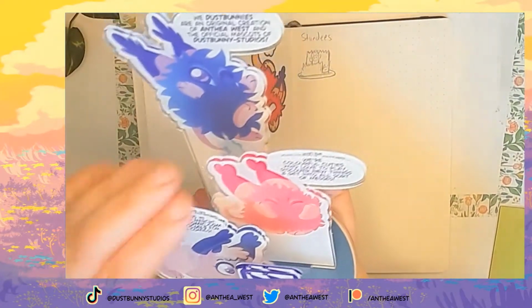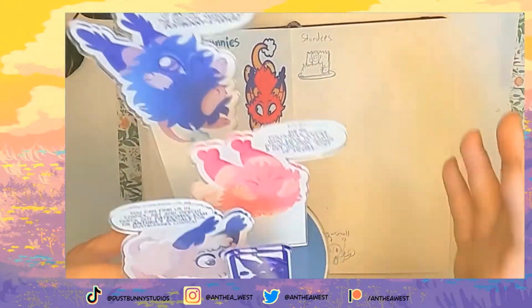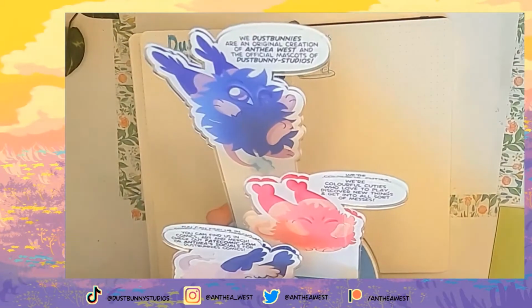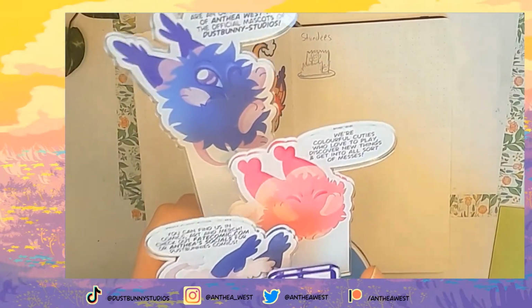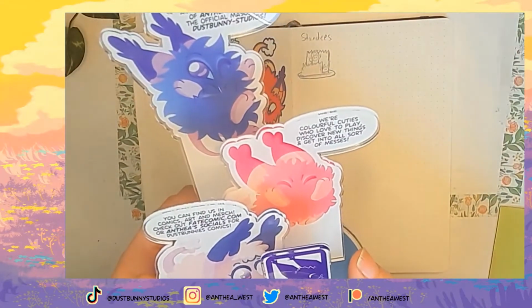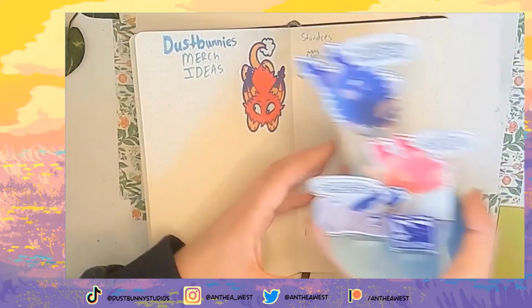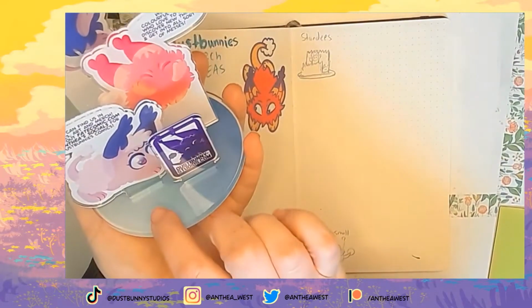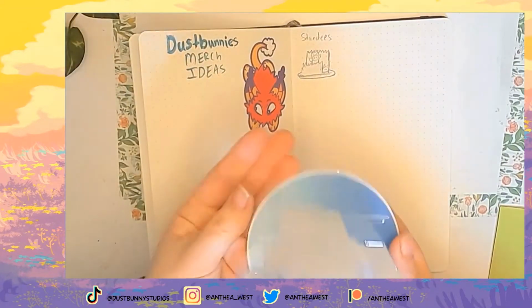Now this is the first time I've ever made a standee, so it's not perfect. The pieces don't overlap as well as I'd hoped, because figuring out that file and how to make them was a bit confusing. But I think I did okay my first time. This is for display purposes, but I'd love to make an actual standee to sell in the future. Basically these are made of acrylic. So it'd be tall grass with little dust bunnies poking their heads out, and I think that'll make a very cute